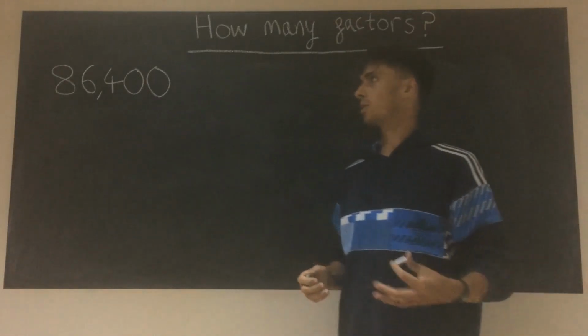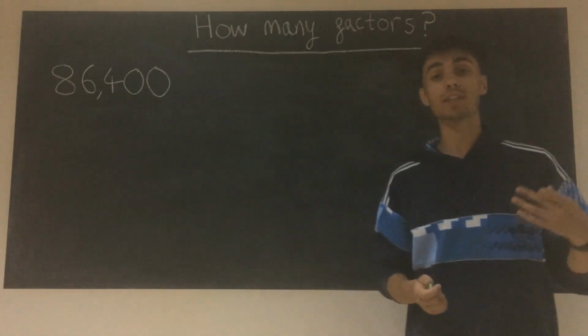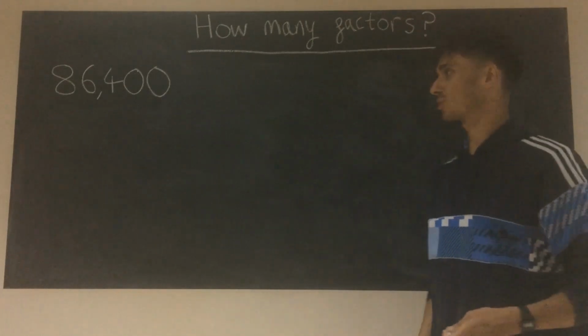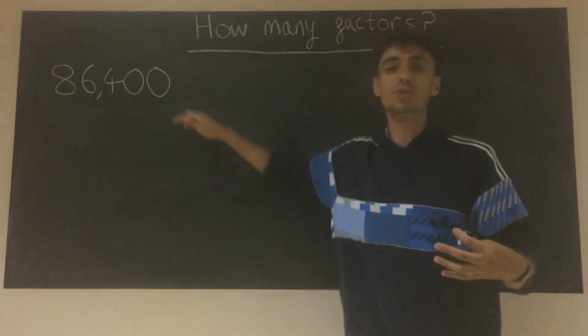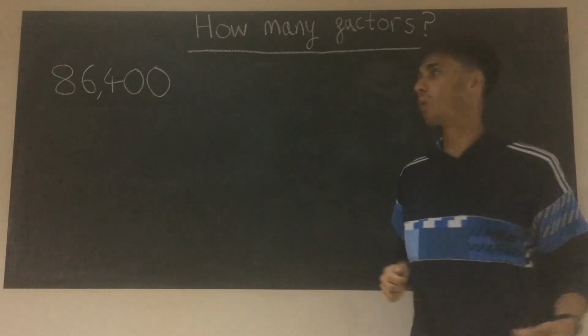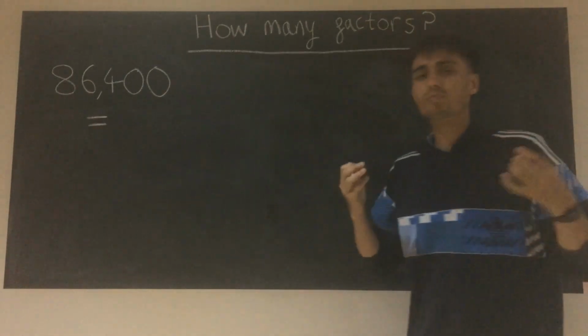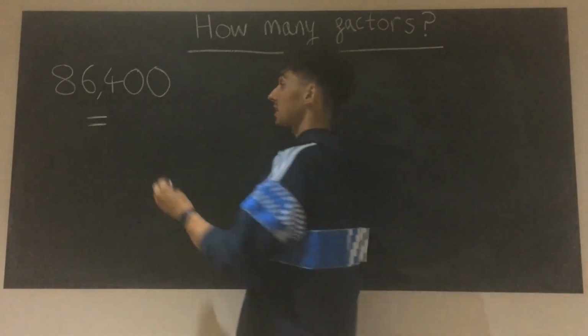In this final part of the video then, we're going to leverage our new rule to find the number of factors that 86,400 has got. First of all then, we need to think about the significance of this number. Like we got told, it's the number of seconds in one day. So first of all, breaking it down into some more manageable chunks, the number of seconds in one day,